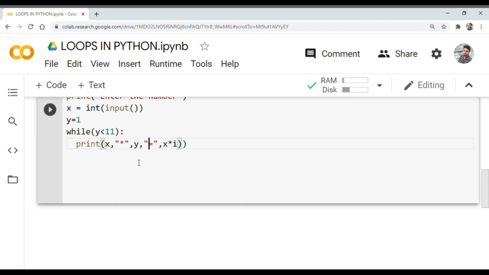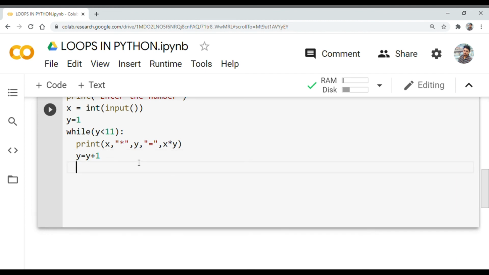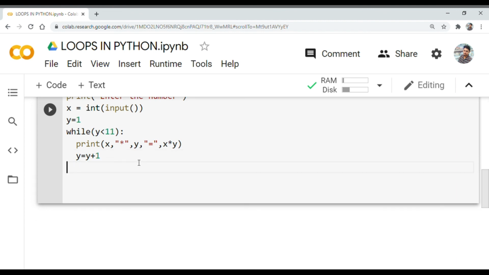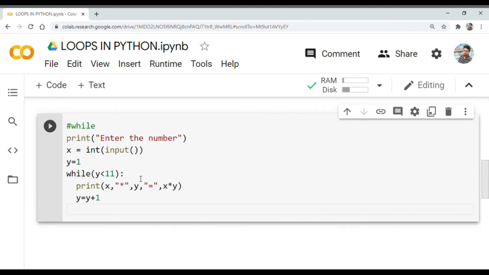So just substitute the i with y, x into y. And after this we just need to increment the value of y, y equals to y plus 1. Now get out of the loop and run this cell.